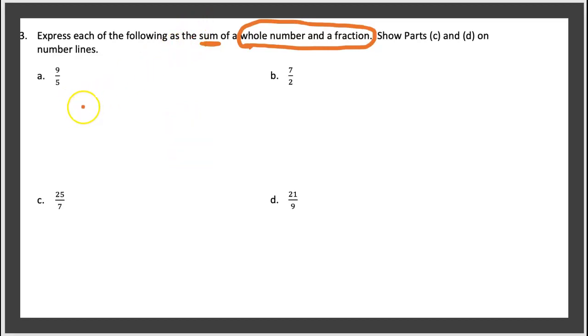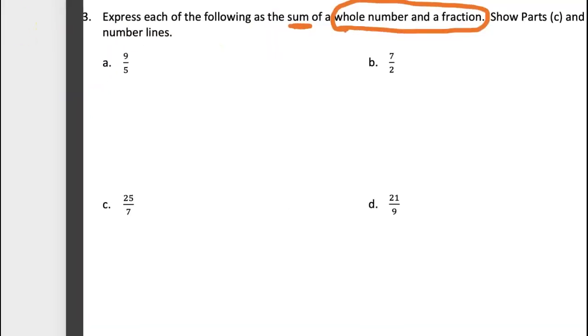So for C and D, refer back to number 1, D, and that will be the exact steps that you follow. The only difference is you're coming up with the addition sentence. So I've got 9 over 5. Well, I know that 5 over, no, excuse me, not 5. I know that,